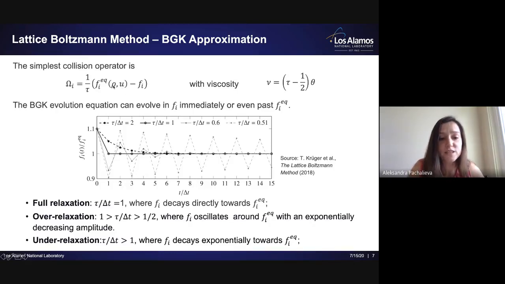On the other hand, if we have this relation tau over delta t between 1/2 and 1, our solution will oscillate around f equilibrium. So this is actually these really huge gaps, really oscillating things that you see. Sometimes these oscillations will lead to no convergence. Sometimes they will converge, as you see here in this grayish line. So actually, we could achieve even faster